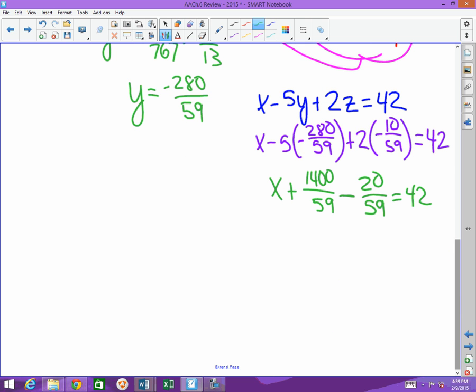Would you look at that? They have the same denominator, so then we just subtract. So we have x plus 1380 over 59 equals 42. And 42 minus 1380 over 59